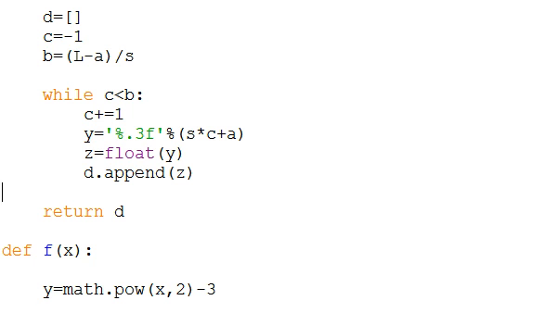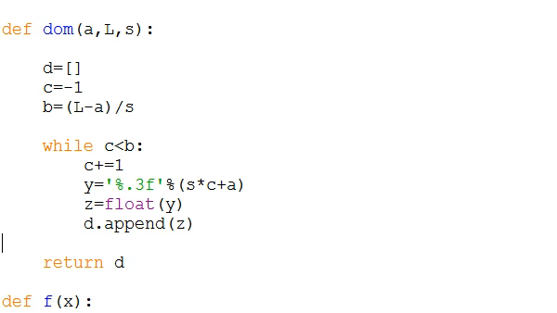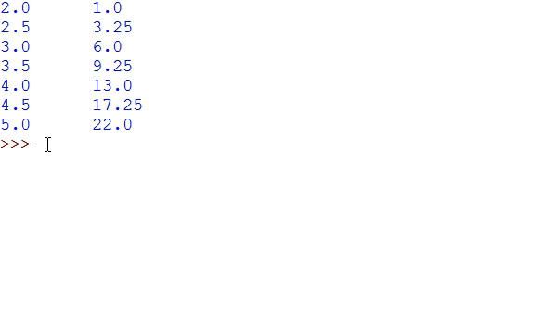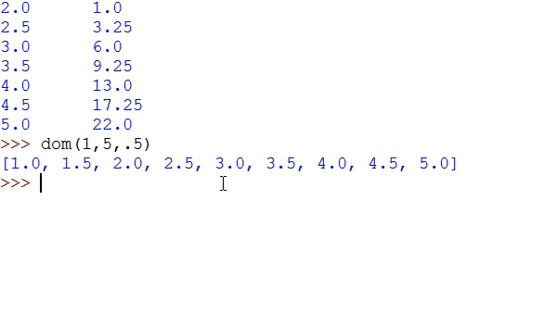Let's just go ahead and run this. I call it DOM for domain, but let's just go ahead and run that. So DOM 1 to 5.5. And as you can see here, this is our domain, printed out as